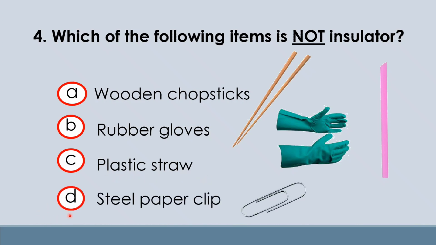And for letter D, we have steel paper clip. So again, the question is, which of these items is not an insulator? Three of these items are insulators, but one is a conductor. If you already know the answer, then you can write it in your notebook, and then let's proceed to